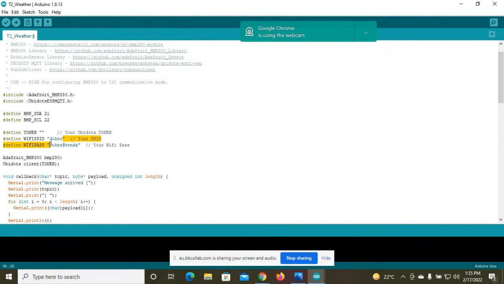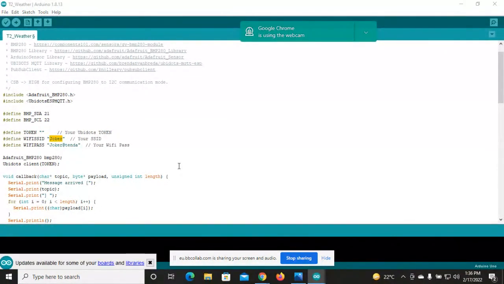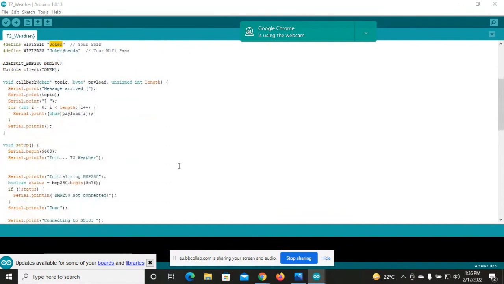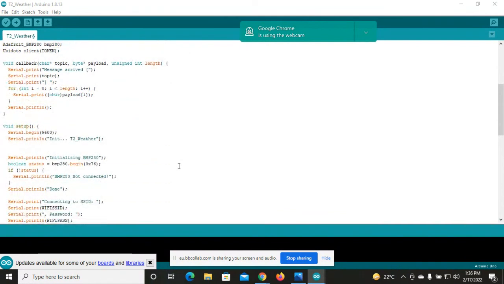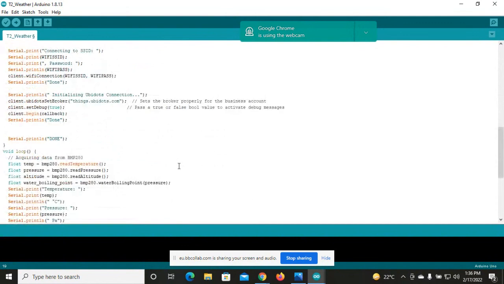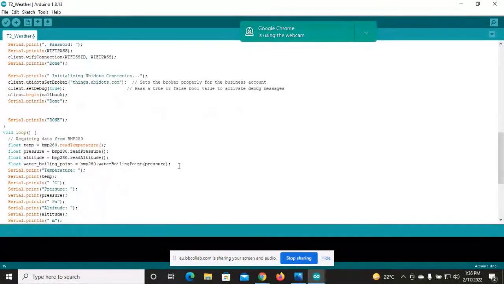Then Wi-Fi ID password, that I will explain to you because as you know ESP32 is a Wi-Fi enabled device. Okay, we have to enter the Wi-Fi ID and password here that is present in the lab. I will explain to you. Okay, that same you have to put here. Then here